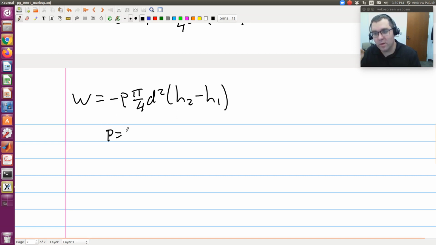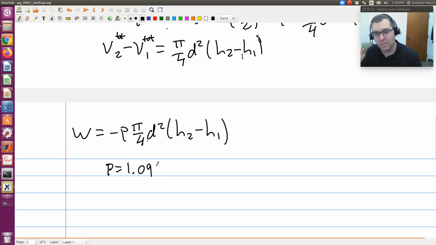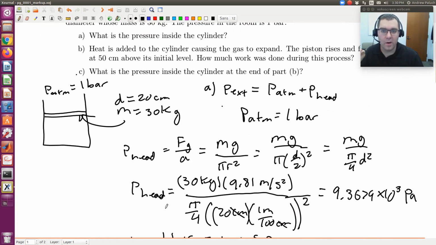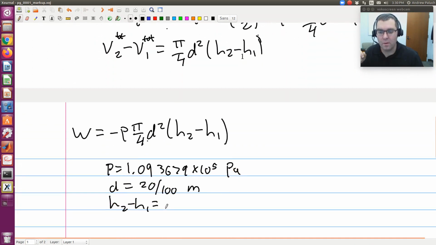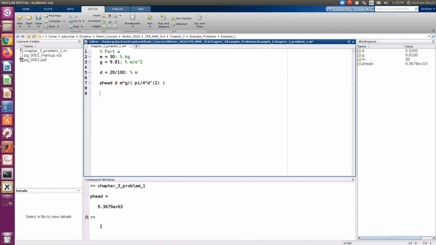So taking inventory, pressure was our 1.093679 times 10 to the 5 pascals. My diameter again, I'll just write as 20 divided by 100 meters, 20 centimeters. And then h2 minus h1, we're told the change in height. It rises 50 centimeters, so the change in height would be 50 centimeters, and I'll just write as 50 over 100 meters. So computing, we get,